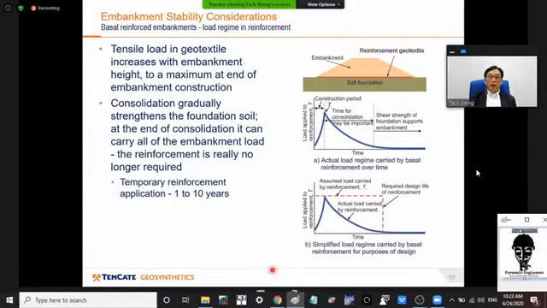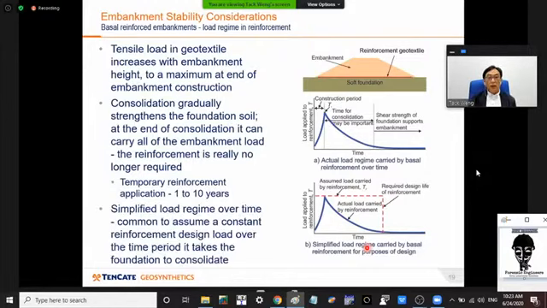But in design, we take the peak, extended over a certain period of time, and this is of the order of 1 to 10 years, and therefore we would call this a short-term reinforcement requirement design. We design it typically to, say, 5 or 10 years depending on the site condition. That is the graph showing the simplified load regime with the red dotted line.